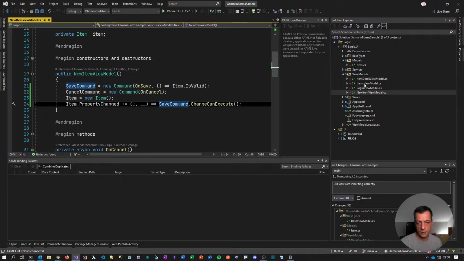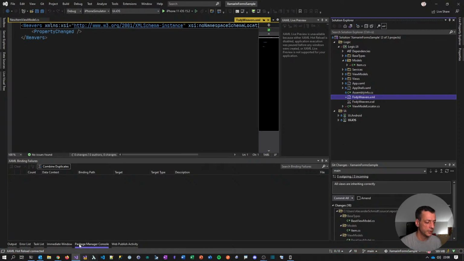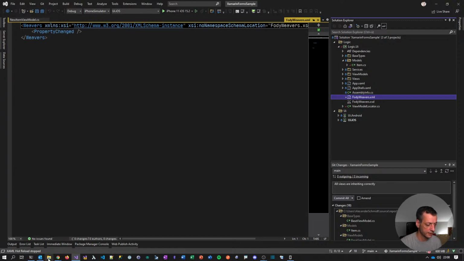When this is property changed, is it? Oh, wait a second. Do I have to include it in the build? Let us take a look in the other project. Because normally when you bring in the NuGet package, he will add this NuGet weavers for you. And I think it might be,